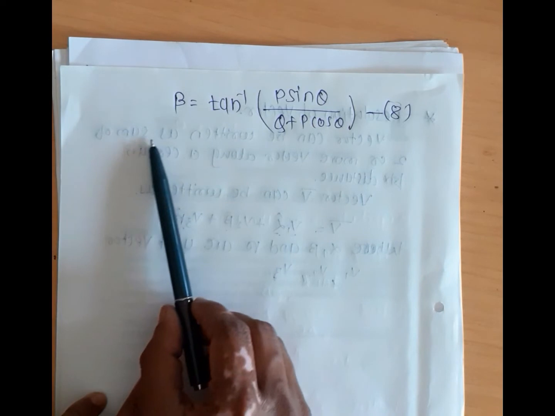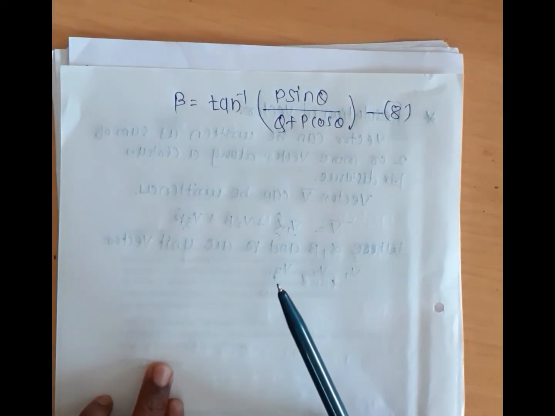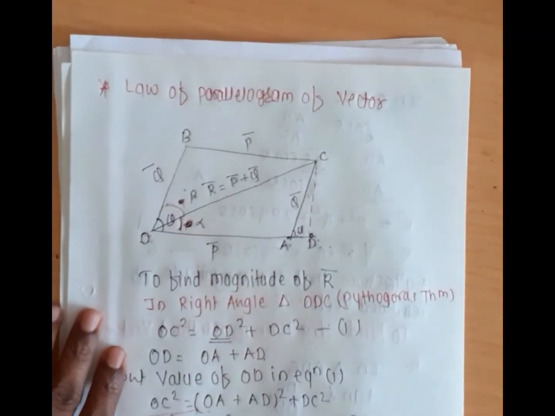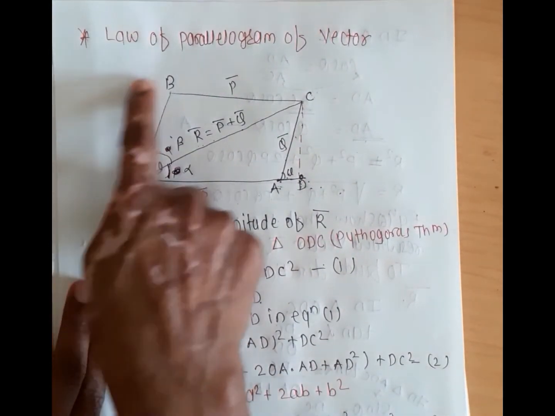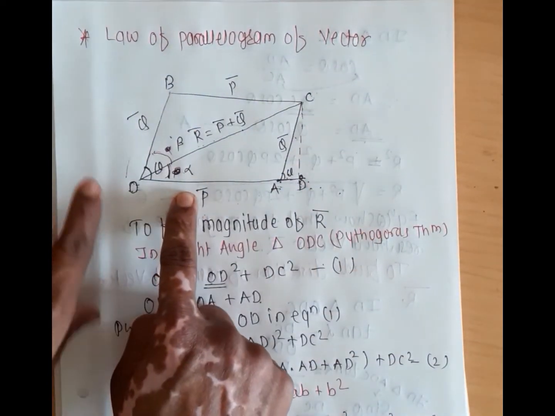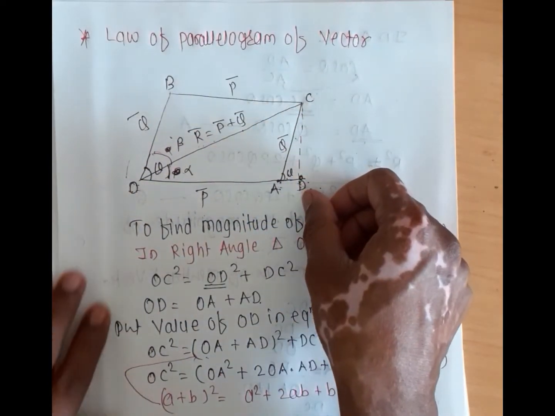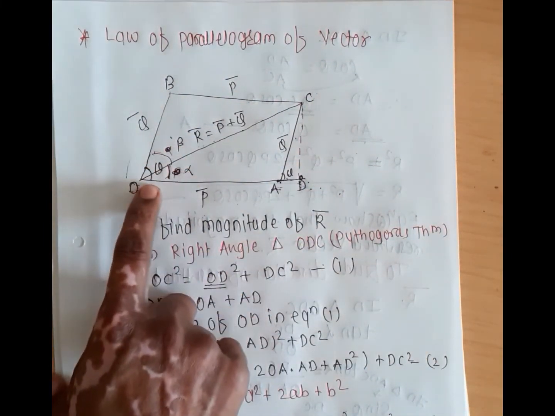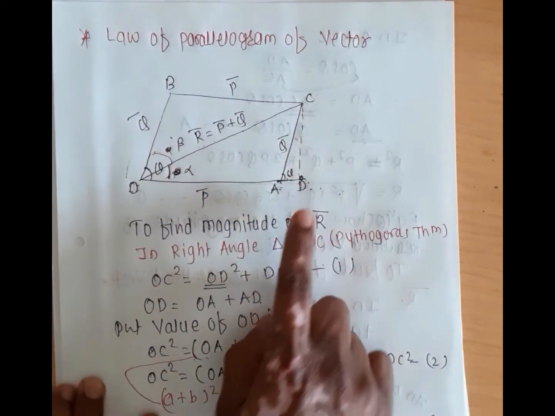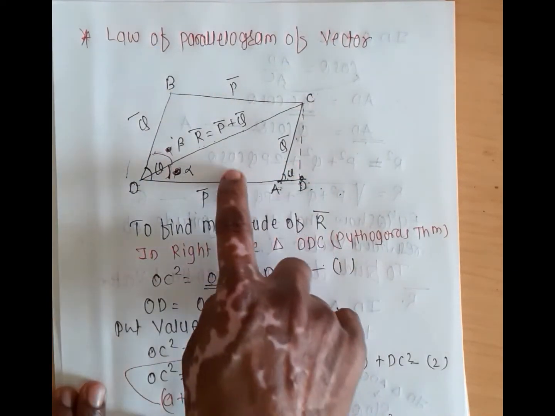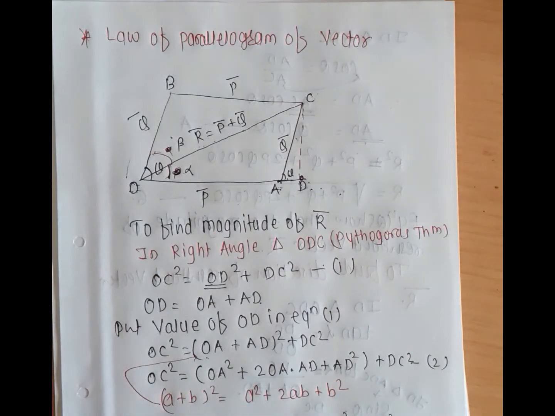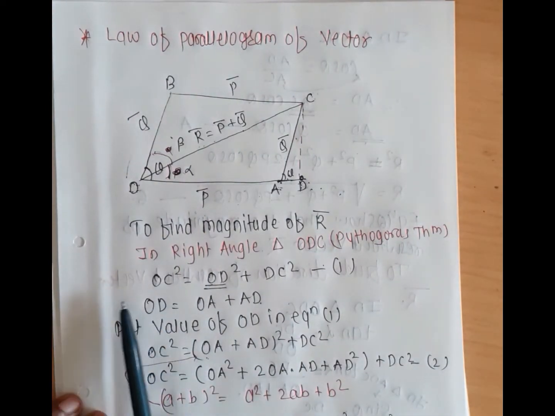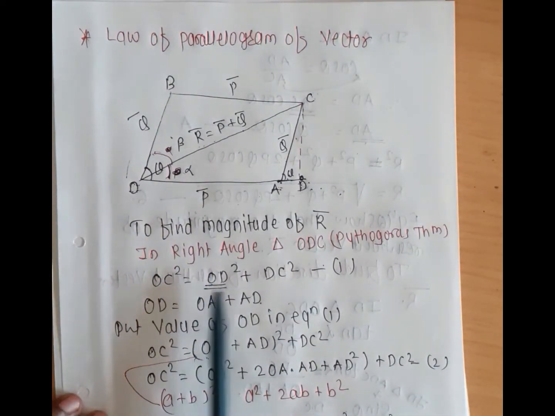Okay, so these are the total points of the law of parallelogram of vectors. What did you study in this? See here. First, we draw the diagram of the law of parallelogram. So this is the parallelogram, and draw one perpendicular line from this, with two angles alpha and beta, total angle is theta, and one right angle triangle. After that we find the magnitude of R bar. So how to find the magnitude of R bar? Using Pythagoras theorem. Here we apply Pythagoras theorem on it. If you apply Pythagoras theorem, then we get these equations.